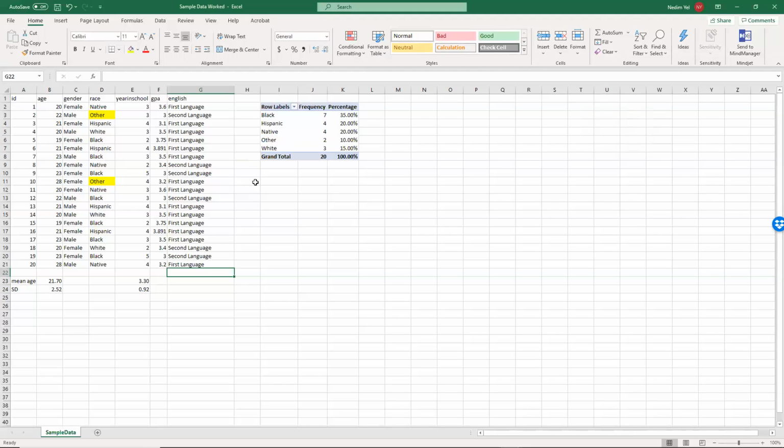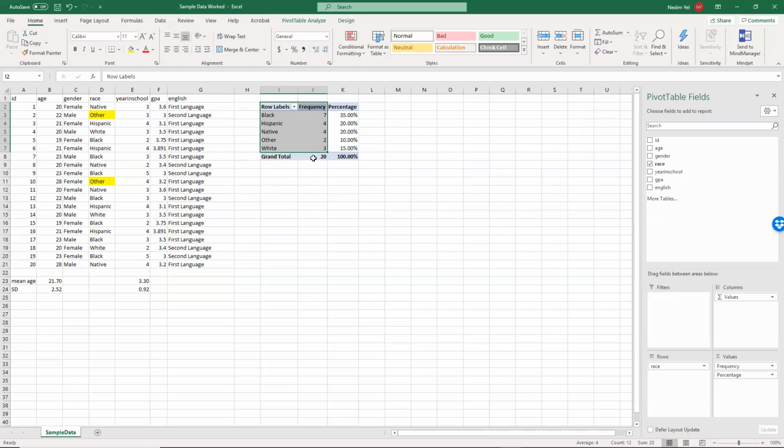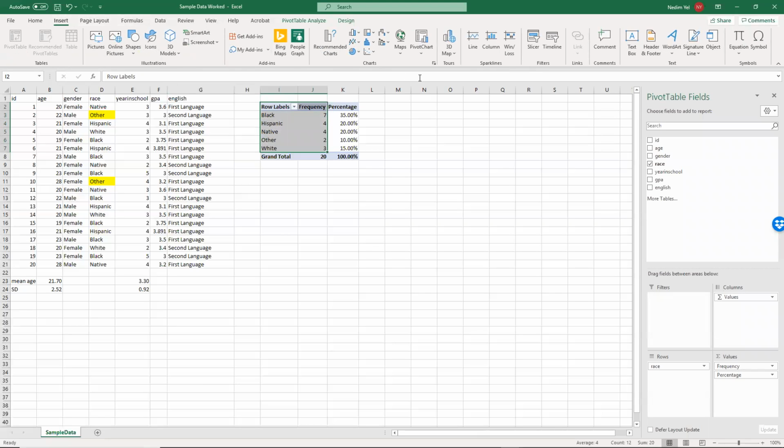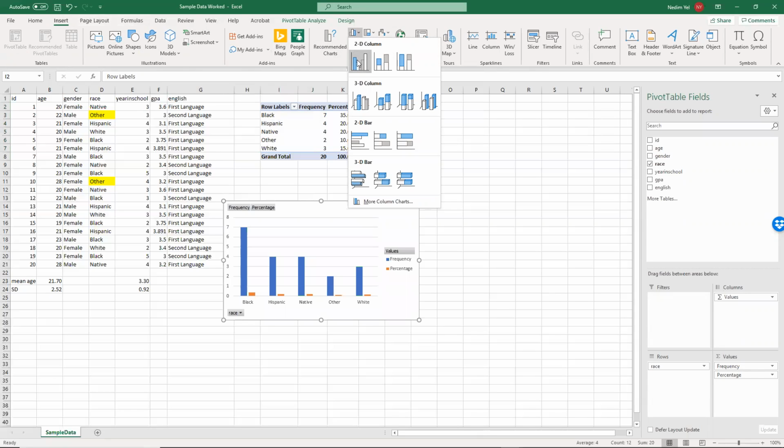And the other question I was asking about creating a bar plot. I was saying create a bar plot for race, fill the colors with race. So to do that, we just highlight the data that we want to plot. We don't want to include the grand total for the percentage. We just want to include the frequency. After you do that, you go to Insert, and there's Charts, and in the charts, you see these column or bar charts. You click this little arrow over there, and we want a bar chart with